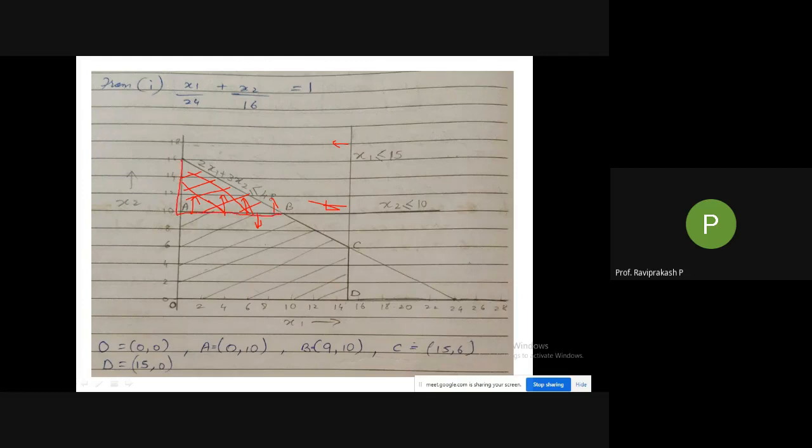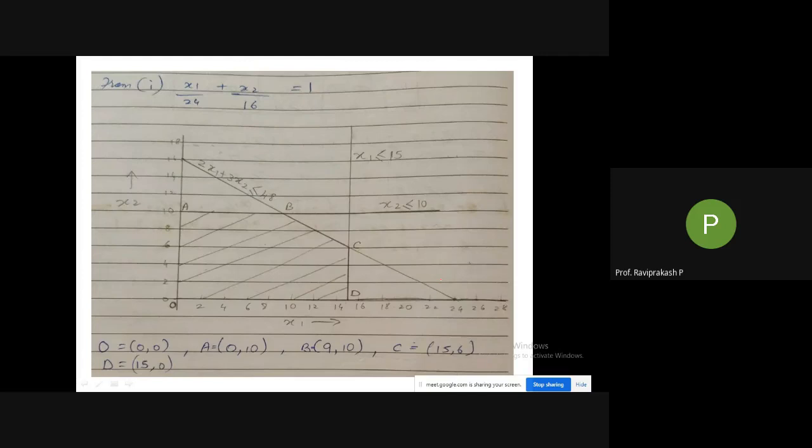If I just change one sign, in the sense that instead of taking less than, I take greater than in this place, then instead of getting this part as the feasible region, I'll get this part as the feasible region. So this is how you may end up in the examination if you are not able to find out the feasible region properly. Just with one variation, the complete area is changing. So I'll just remove this again.